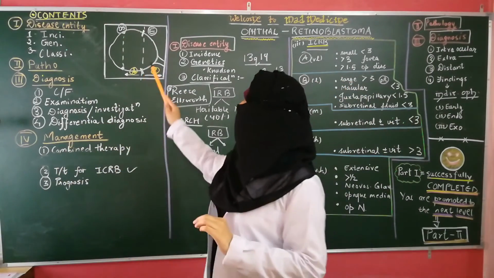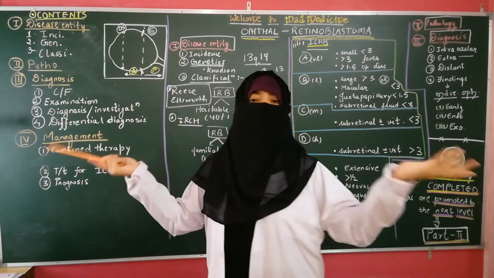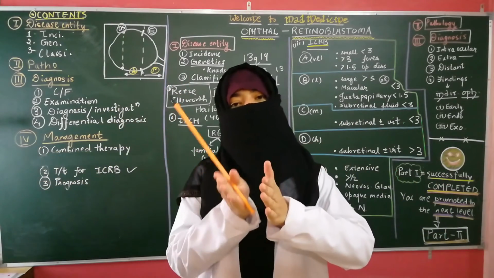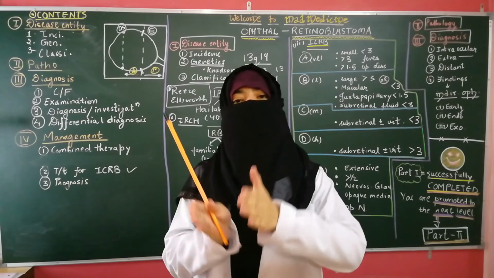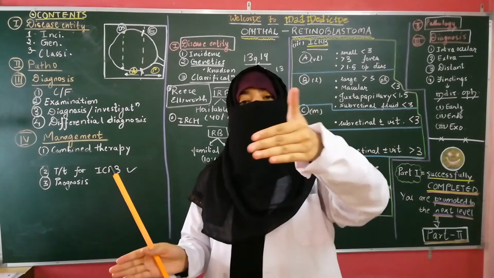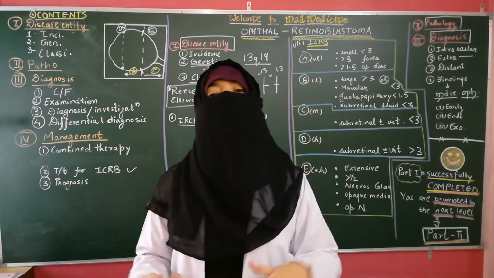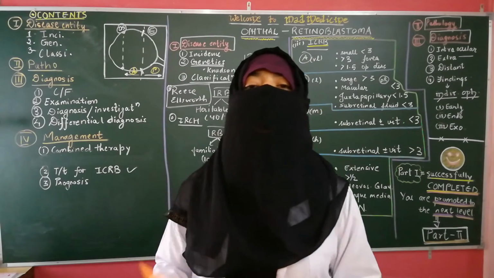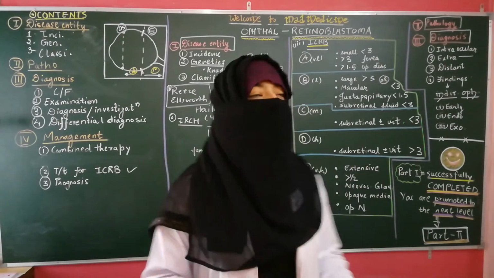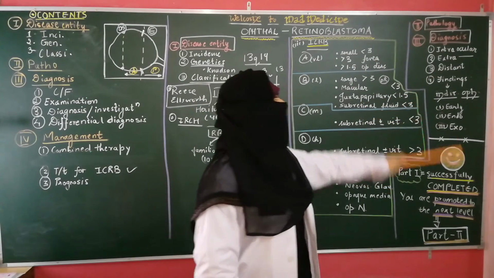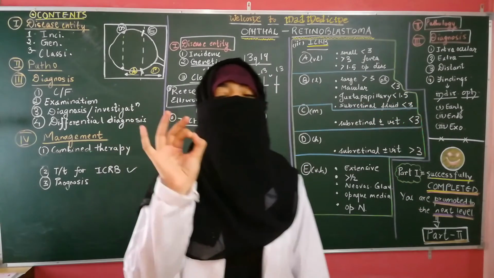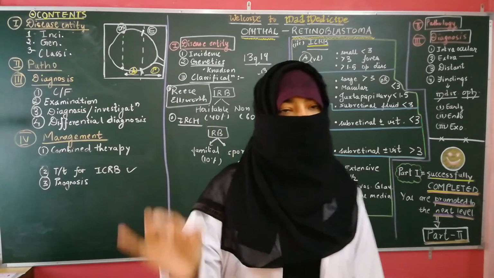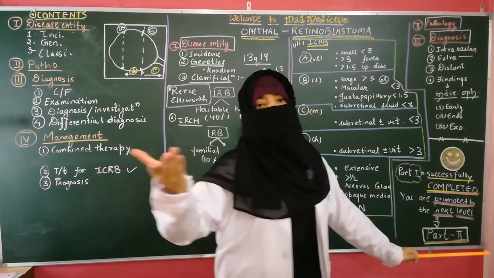Okay, so endophytic growth we have discussed, and the last is exophytic. Exophytic means it will grow subretinally, so it will cause the detachment of the retina from the underlying choroid, and so it will mimic which condition? Exudative type of retinal detachment. So we have discussed these findings with indirect ophthalmoscopy, the intraocular findings typical of retinoblastoma.